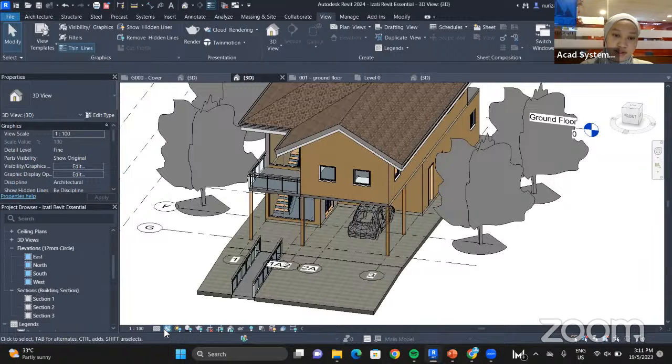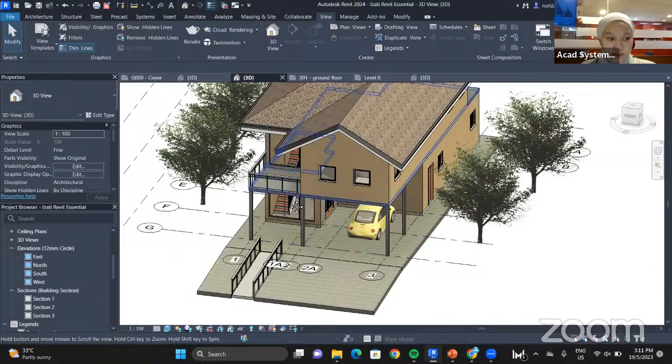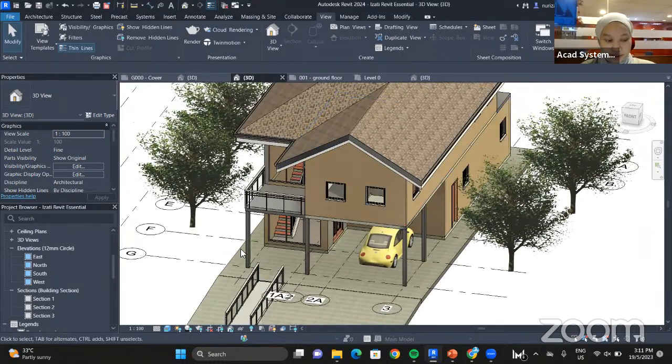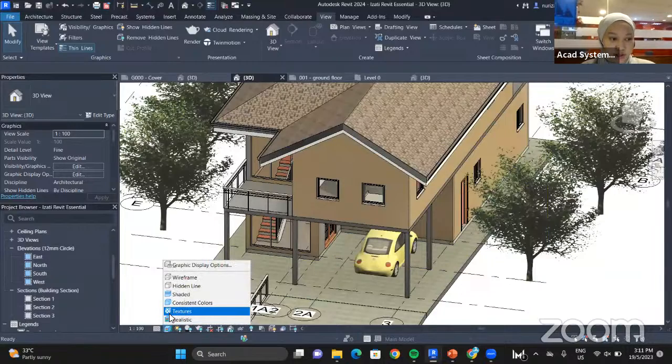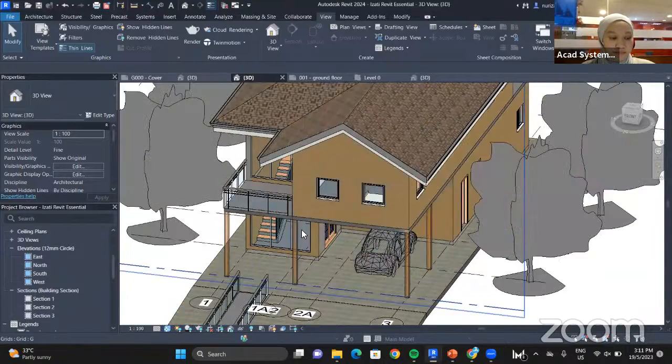However, you can notice that realistic has a little bit of shading and color distortion. Let's say I click on realistic. You can see here there is a little bit of shading. And when I switch to texture visual style,